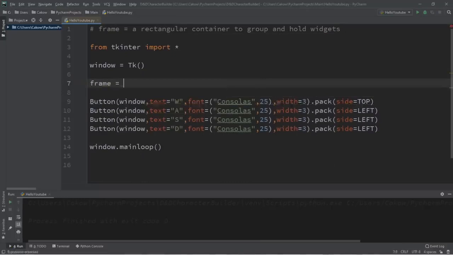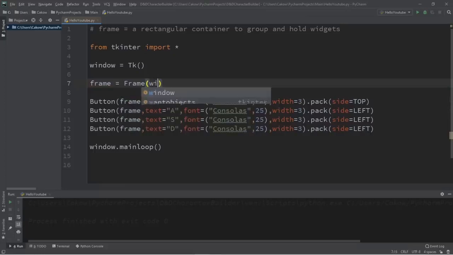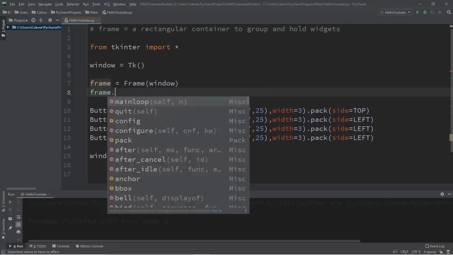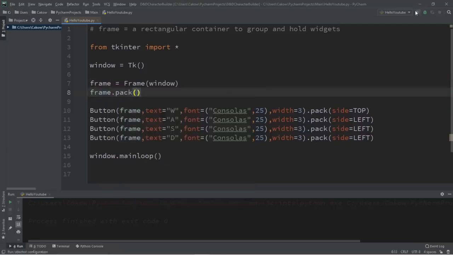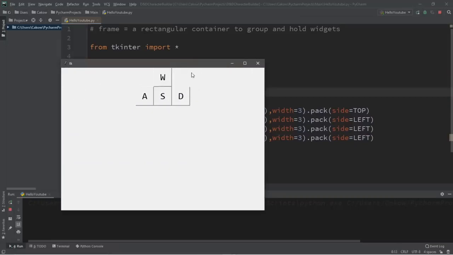Frame equals frame. And instead of adding these buttons to the window, we're going to add these buttons to our frame. And now we need to add the frame to the window. And this is what this looks like. However, we need to actually add this by using pack or place. So frame.pack. So now what this looks like is that all of these buttons, all of these widgets are now contained within